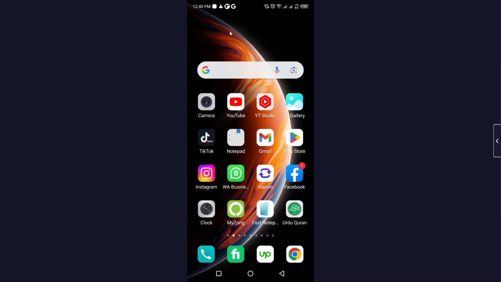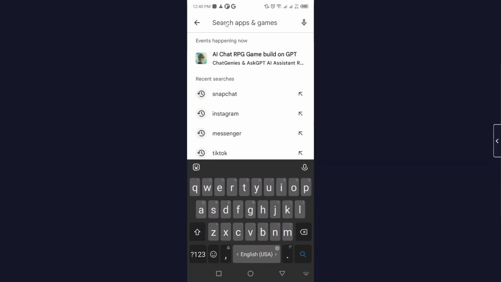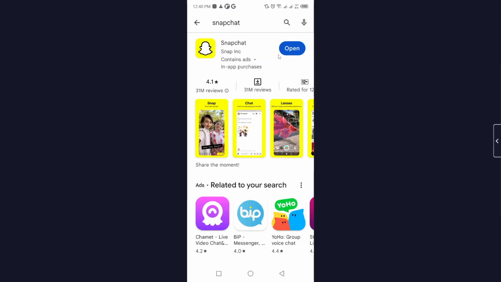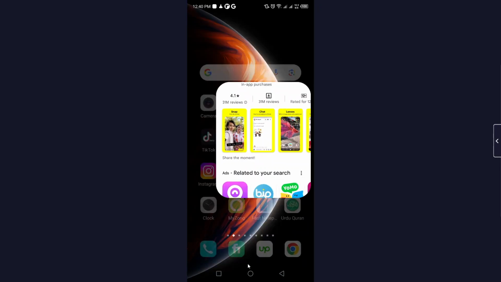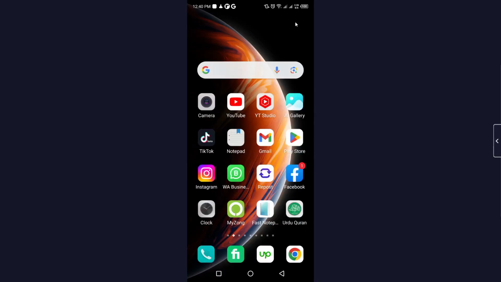So in this video, I'm going to show you some steps that you need to follow. The first step you simply need to do is to open Play Store and search for Snapchat, and you need to update your application. As you can see, my app is up to date. Then you simply need to go back and open settings of your smartphone